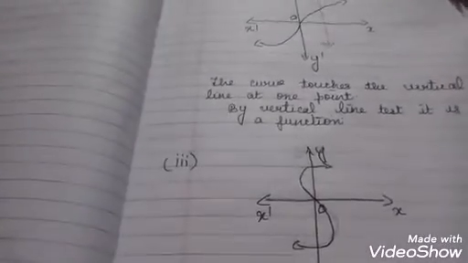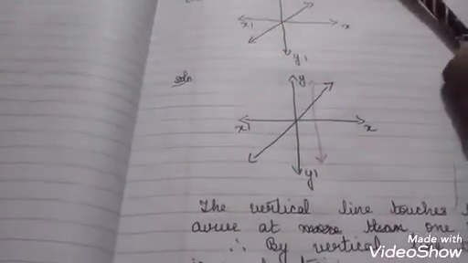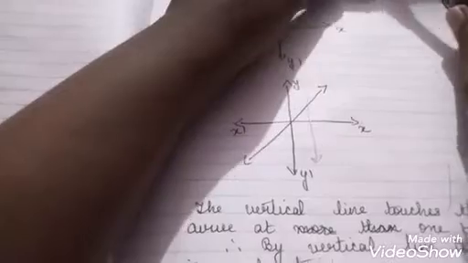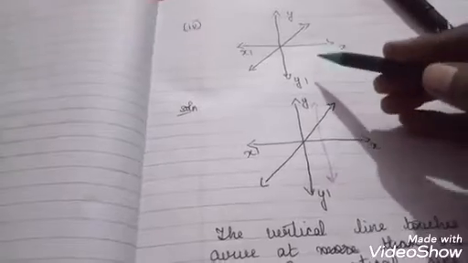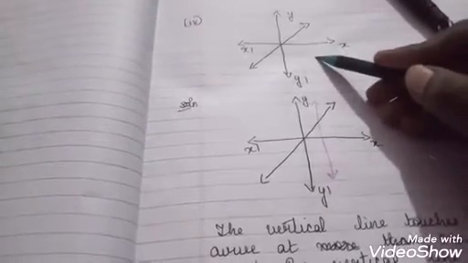Got it? Now here, we'll go over to the last one, the last question under the first one, the last subdivision. So what is it actually here? The fourth one. So what does it say actually here? This is the curve given to us. This is the question given to us.